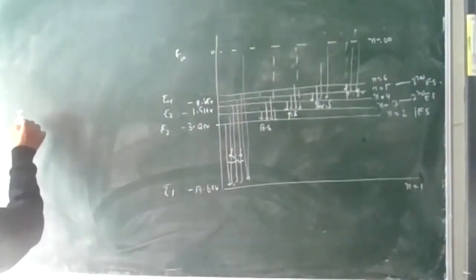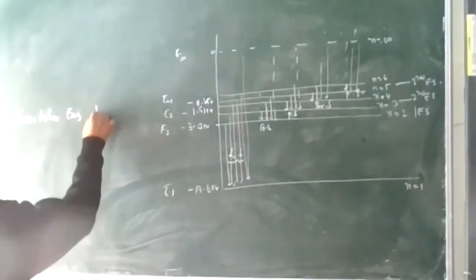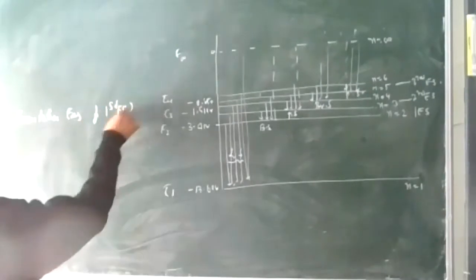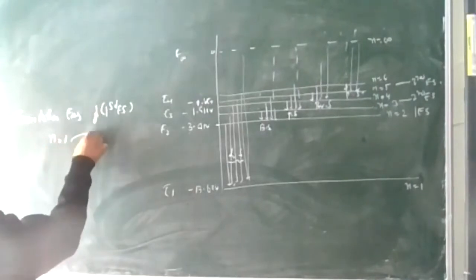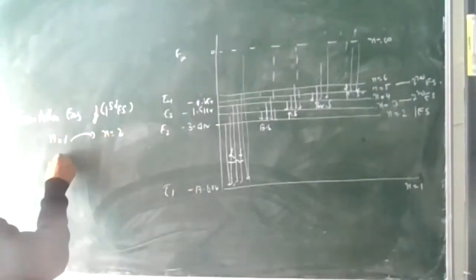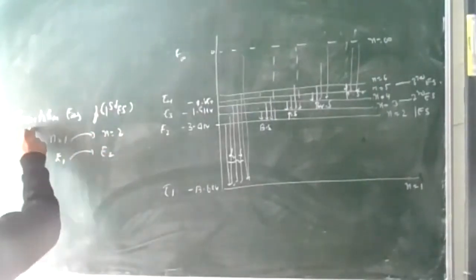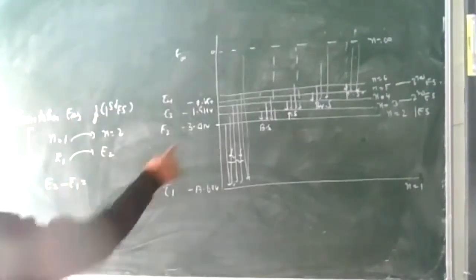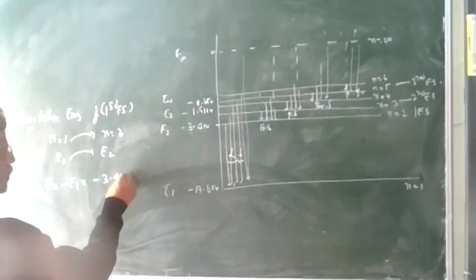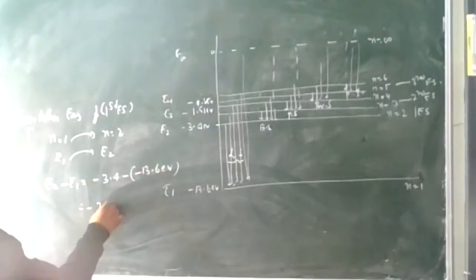So excitation energy for the first excited state. That means the electron is going from N equal to 1 to N equal to 2, energy E1 to energy E2. What is the difference in the energy? That is the excitation energy for the first state, given by E2 minus E1. That is equal to minus 3.4 minus of minus 13.6 electron volt. This is minus 3.4 plus 13.6 is equal to